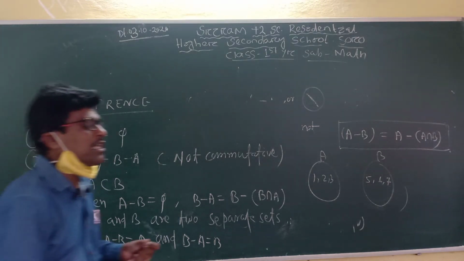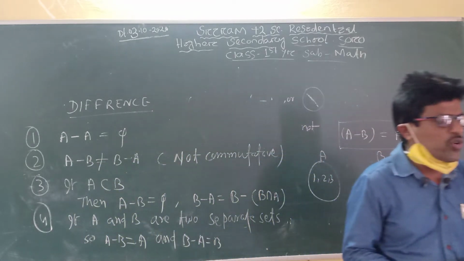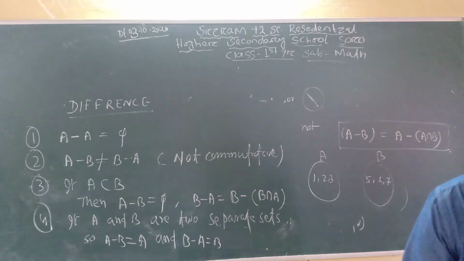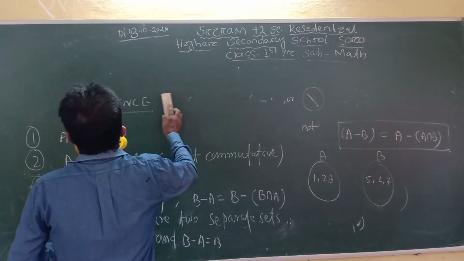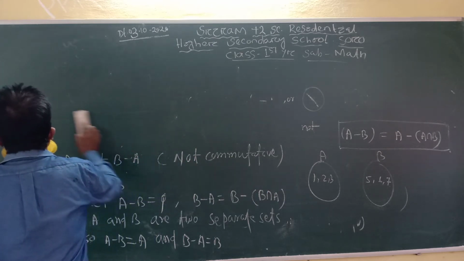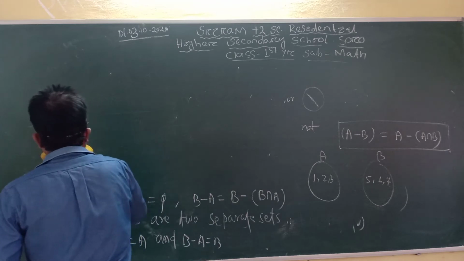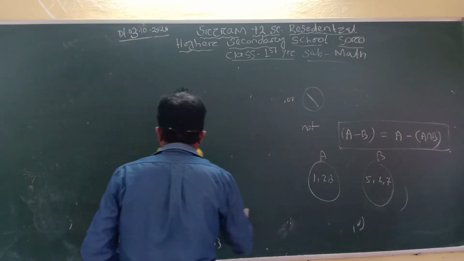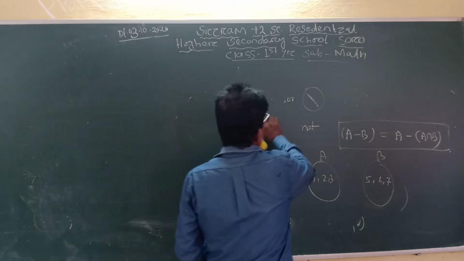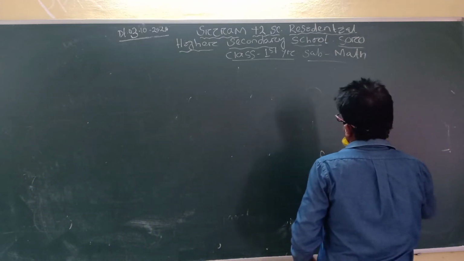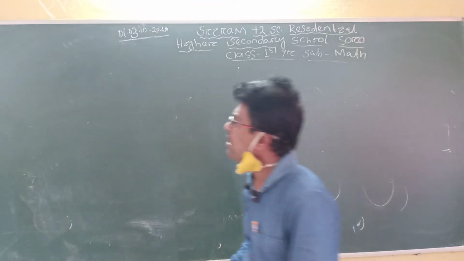Now, I am going to the symmetric difference. I think that symmetric difference is not in your high school level. I am not sure whether you know about it. Now I am going to tell you about the symmetric difference. What is the symmetric difference? The symmetric difference uses the symbol delta, a triangle symbol. The triangle symbol is used for symmetric difference.